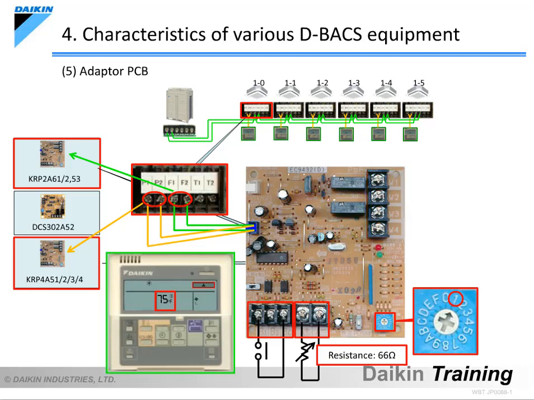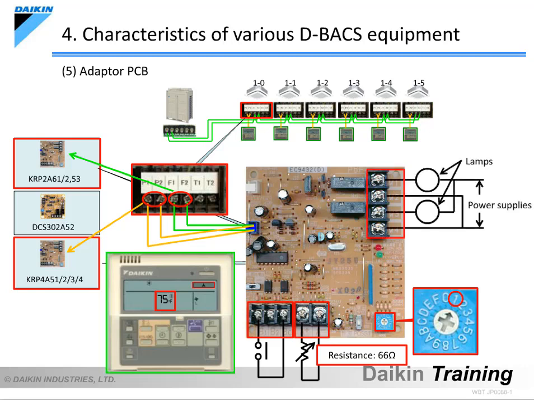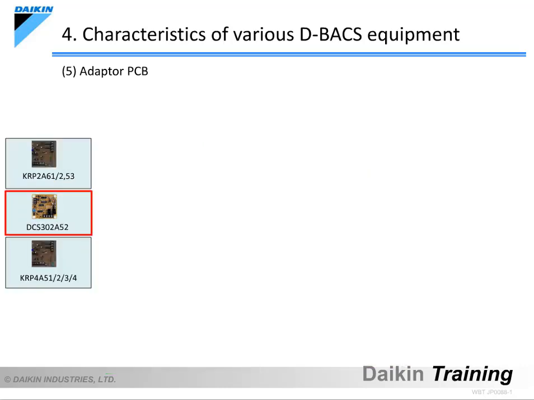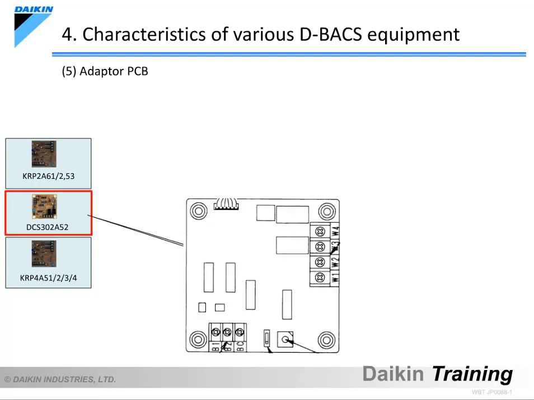By configuring a power supply circuit and lamp between terminals W1 and W2, as well as between terminals W3 and W4, the on-off status can be confirmed by the lamp between terminals W1 and W2, and a malfunction can be confirmed by the lamp between terminals W3 and W4. Finally, let's take a look at another type of adapter PCB,